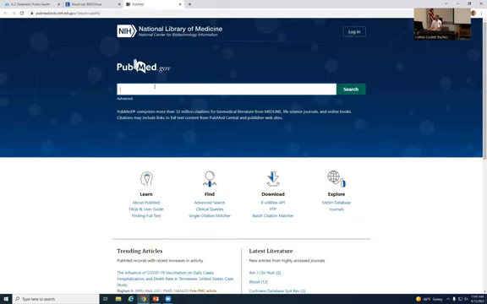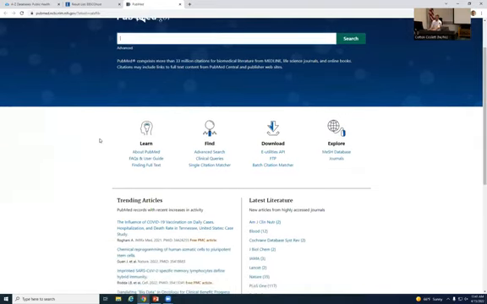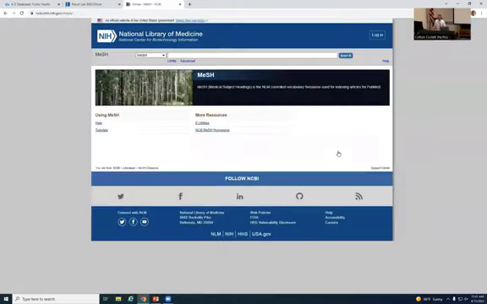Now, like I said, we can use the keywords, but just like in CINAHL Plus, I'm going to go down here and I'm going to select Mesh Database. And this allows me to use the medical subject headings to my advantage rather than using keywords. And so in this case, I might try searching for quantitative. However, I already know that that won't yield any results. So I might try searching for